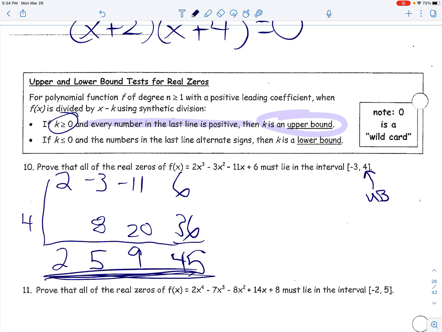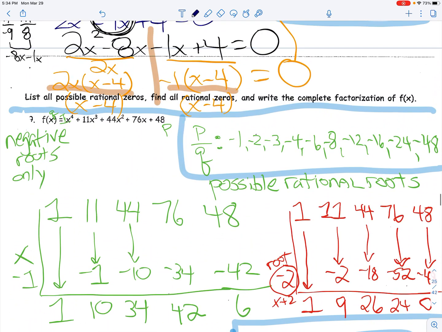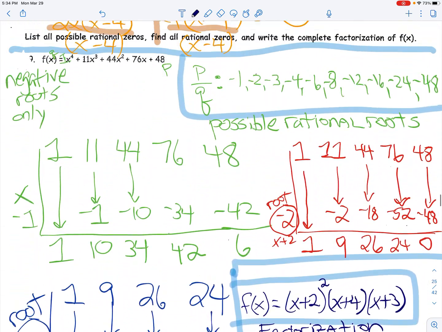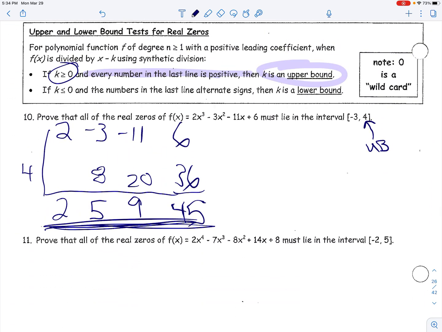Think about this, and think about what we were talking about back here. When these guys were all positive, you're not going to get 5 to be a root, you're not going to get 6 to be a root here, right? You're not going to get a 0. It's the same idea here with checking 4,